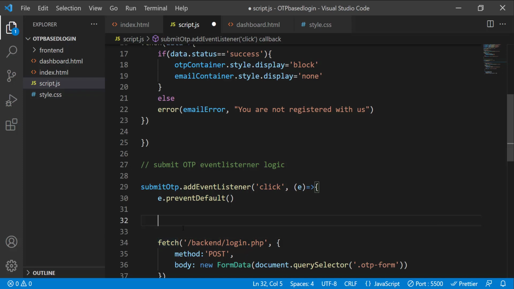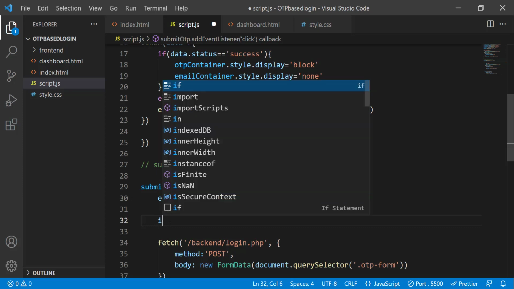to the server, and we don't want to make any request to the server if the user has not entered any email or any OTP in the input boxes. So since we are working on the submit OTP, that means we need to check if that input field is empty or not. So if